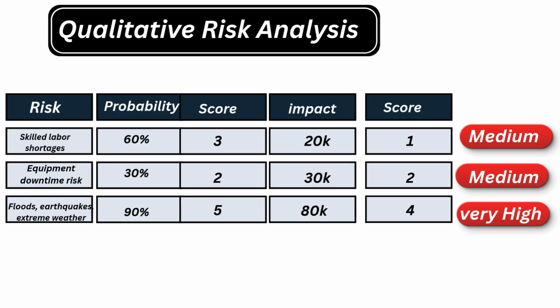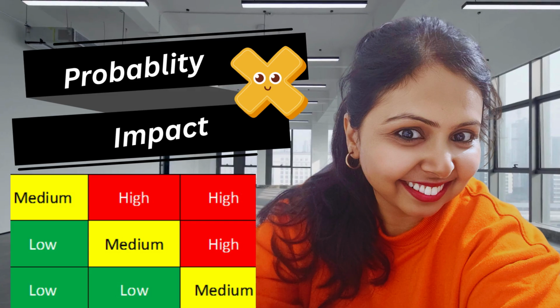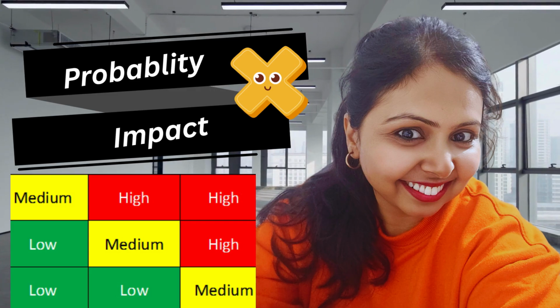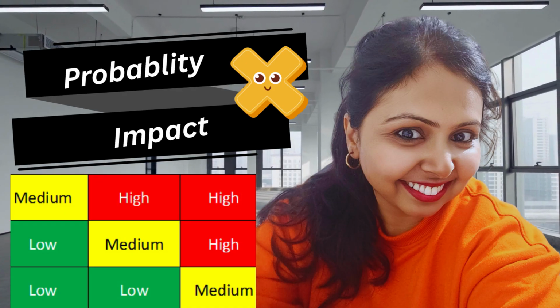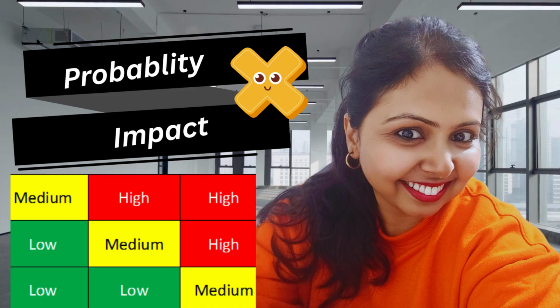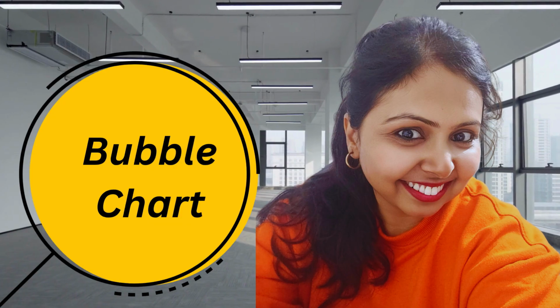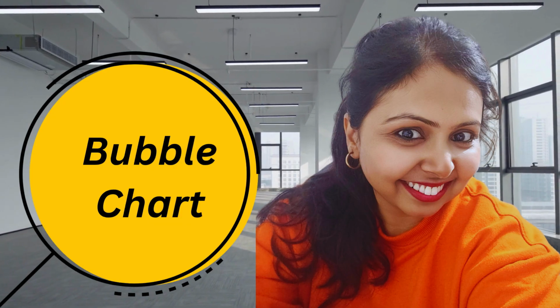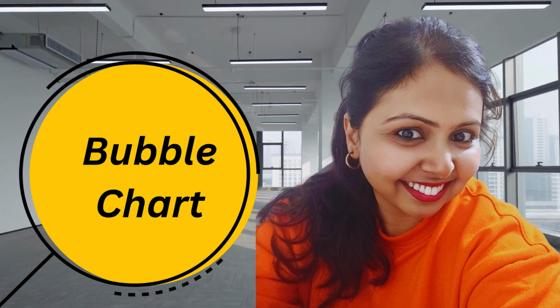So here we have done the qualitative analysis for all the risks on the risk register. Now that you know the quality of each risk, you can easily prioritize them. Here, the third risk is a very high risk, so you should prioritize that, and the rest of the two risks you can do later. We have come to the end of this video, and this was how we do qualitative risk analysis using the probability impact matrix. In my next video, I am going to talk about the bubble chart, which is another interesting method to understand